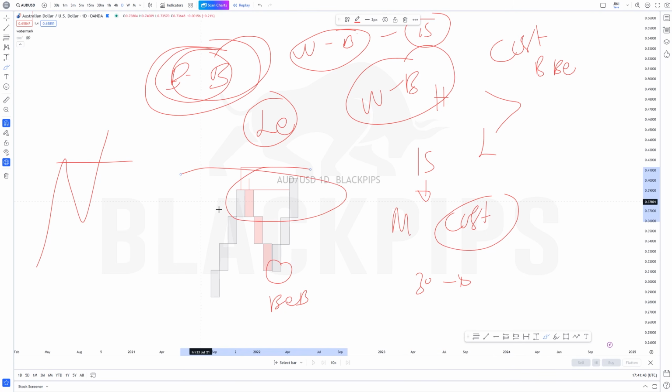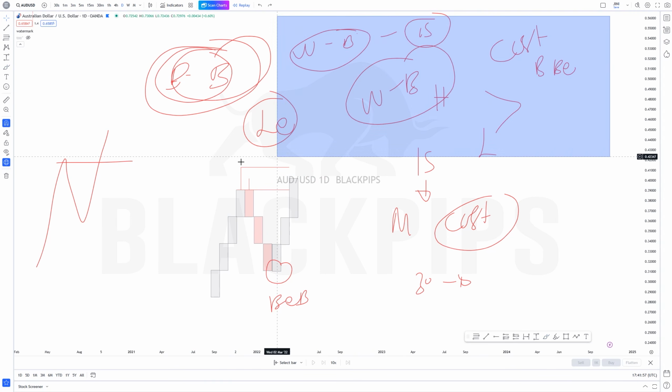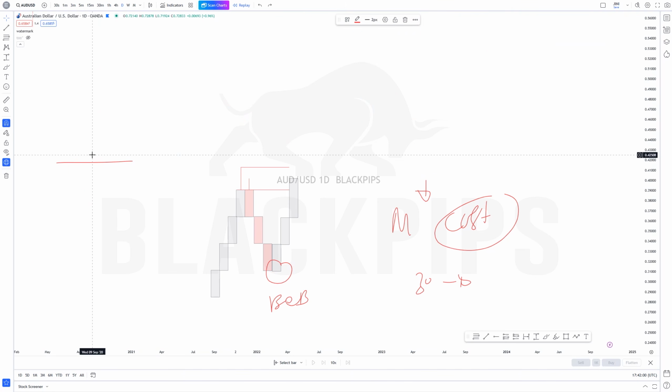So this is what we call body to body breakout. And the last type of the break is wick to body breakout. What we mean is that this longest wick found on this side has to be broken by the body in this continuation phase. So if this body comes and closes above this previous wick,